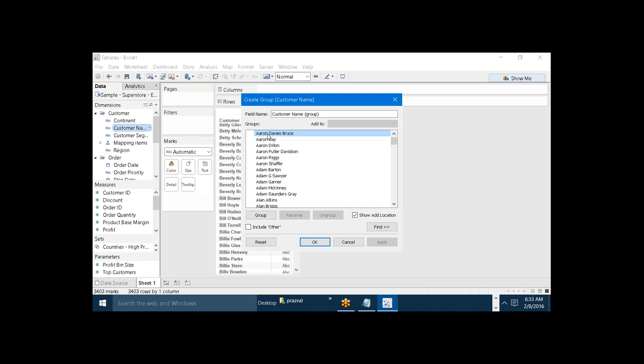Now in the group window, select all the customers whose name starts with A. After selecting them, click on group and give the name as A group. Next, similarly,